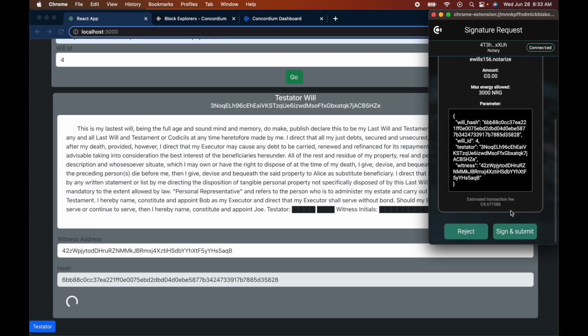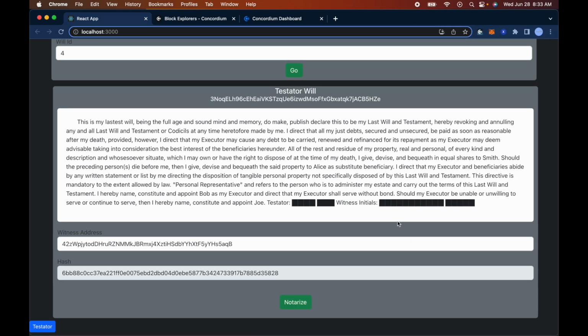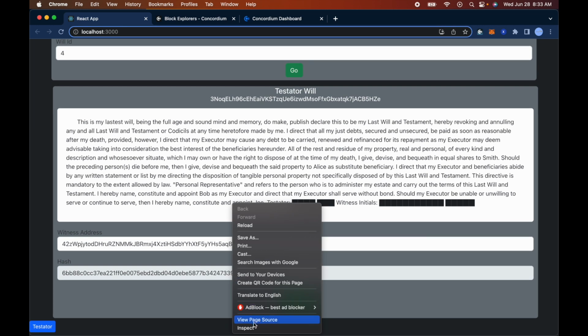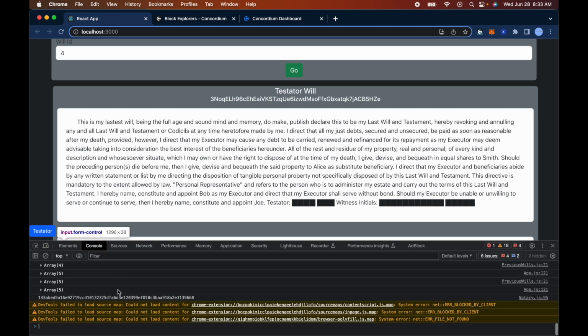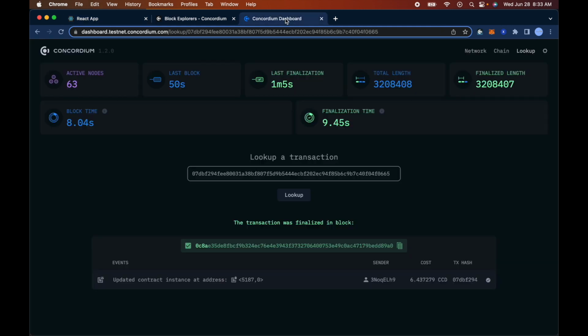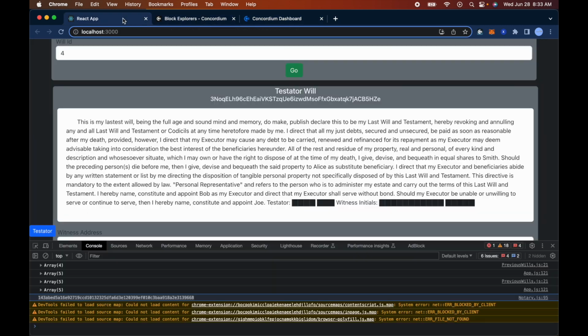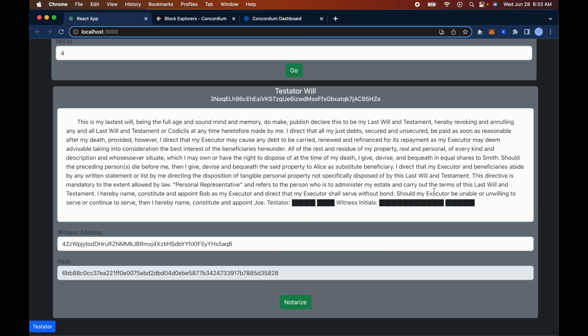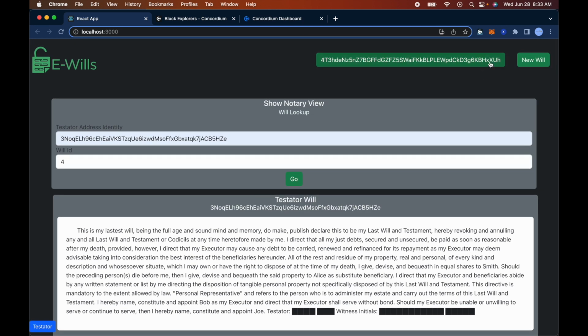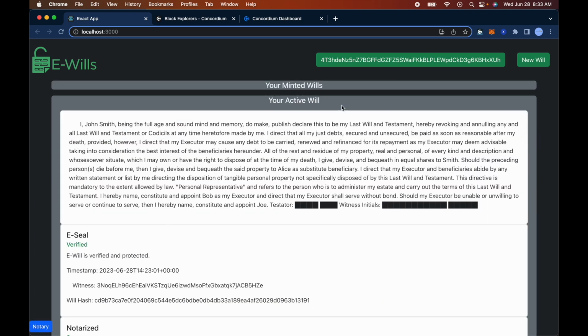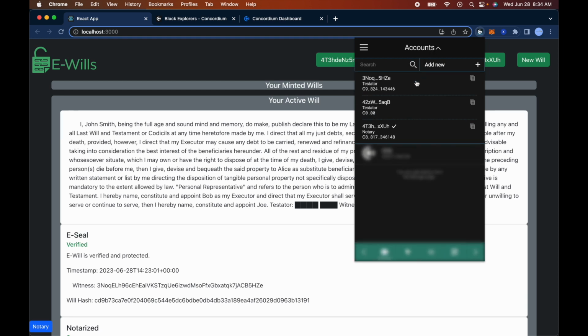We'll confirm this transaction. And you can see our will hash, our will ID, and the witness as our input parameters. And we can get the transaction here. Successful. Okay, we'll go back. Now we'll switch accounts. Go back to testator. Switch back over to our,